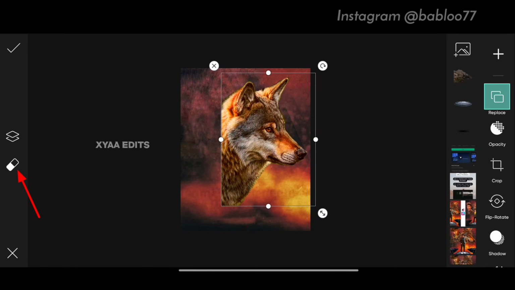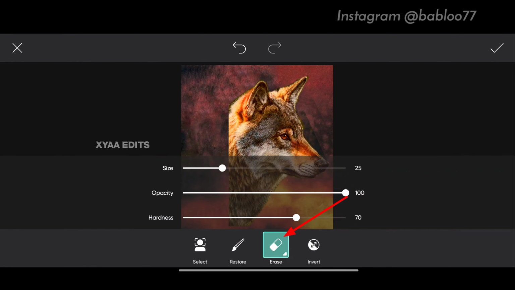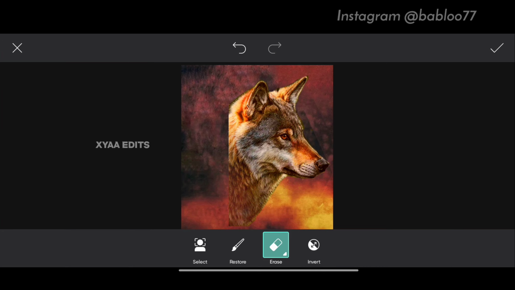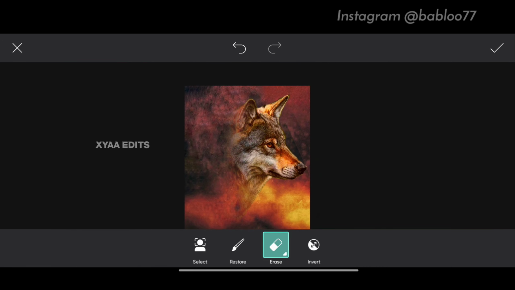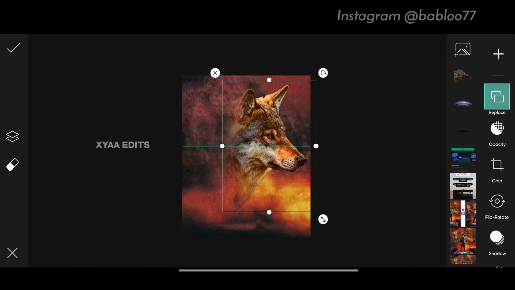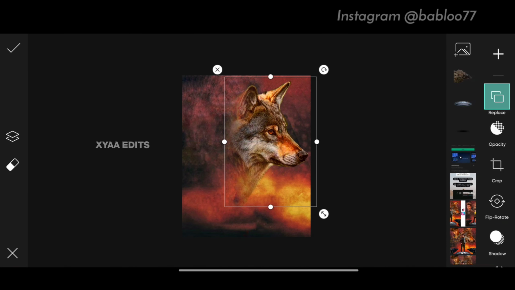Perfect. Now tap on eraser, tap on erase, keep the size around 70, decrease opacity, decrease hardness, and erase these portions. Perfect. Now tap on tick and arrange it in this portion perfectly.